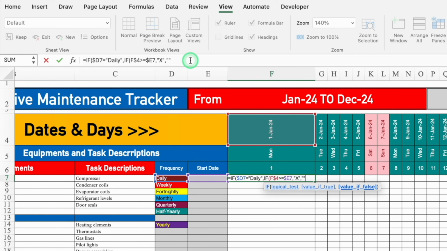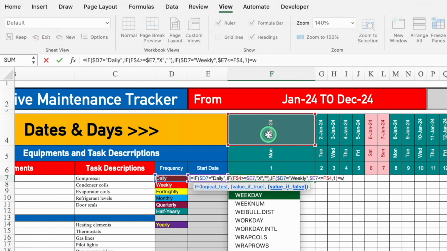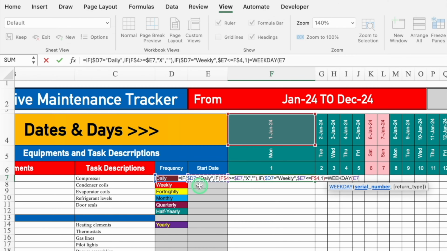So I'll put double inverted comma twice for blank, bracket close, comma, if, bracket open, this will be weekly. I'll press function F4 3 times, is equal to double inverted comma weekly, double inverted comma close, comma, I'll click on start date, we'll press function F4 3 times, is smaller than or equal to, we'll click on first date, we'll press function F4 2 times, comma 1, bracket close, is equal to weekday, bracket open, we'll click on start date, we'll press function F4 3 times, comma 1,